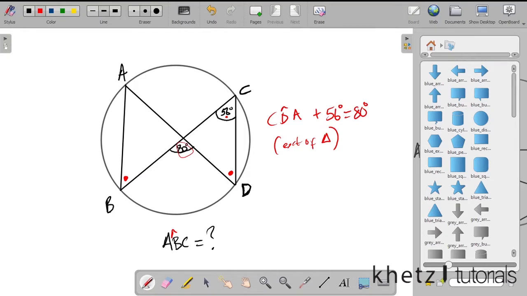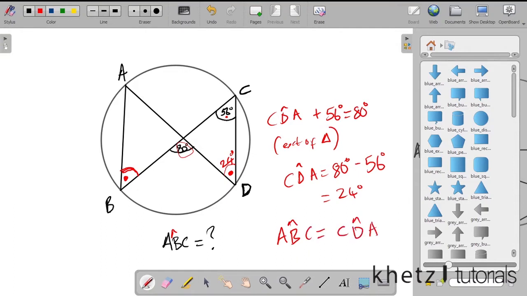So now we can actually find this angle over here, which is CDA, and the value of CDA should be 80 subtract 56, right? And the answer you should get from that should be 24. So you now calculated that the value of that angle is 24 degrees. And we can now translate this 24 degrees to this point. And this point is actually the point which we're interested in. So you actually have the value of ABC equal to